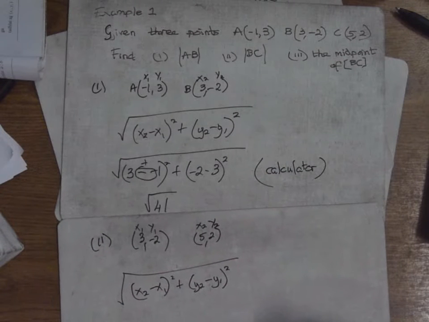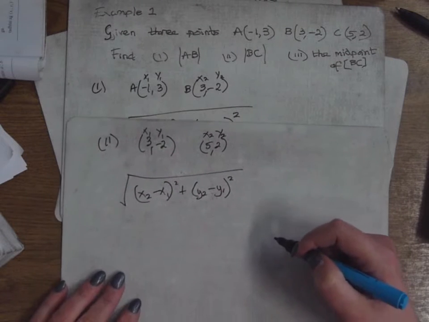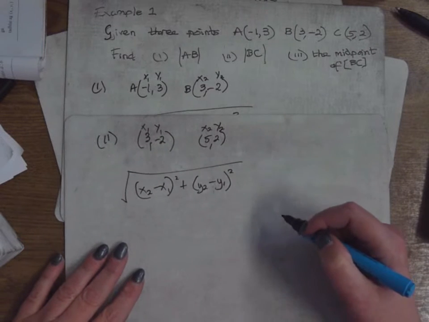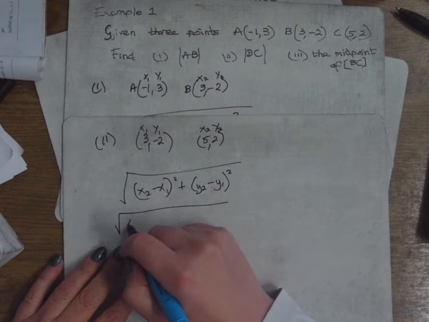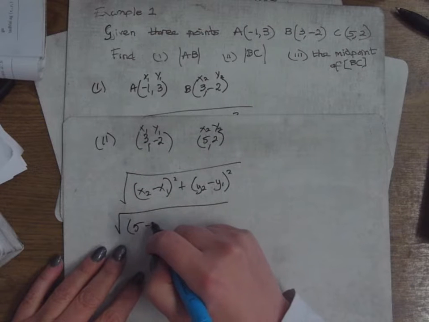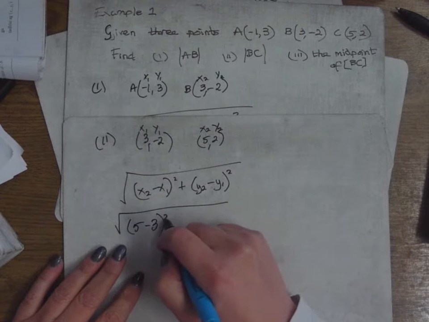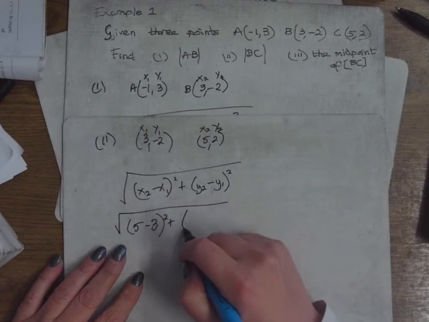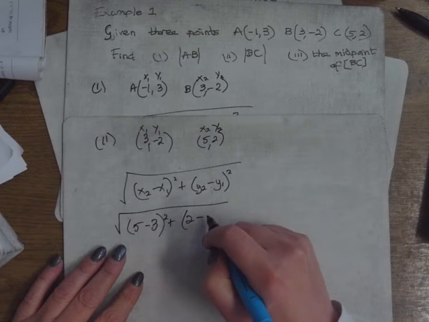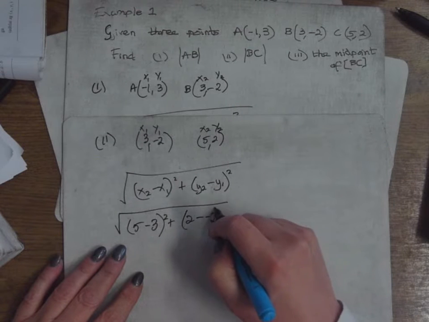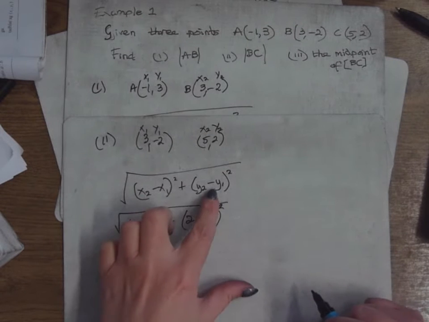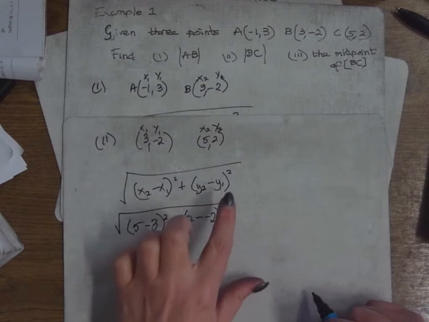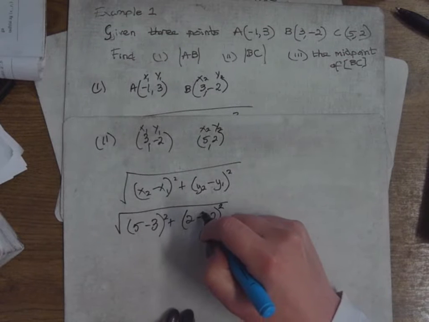Is it okay if I move it up like this? Is that okay? Have I cut anyone off? You all with me? Great. So square root of x2 is 5, minus x1 is 3, to be squared, y2 is 2, minus y1 is minus 2, to be squared. So again, I've ended up with two minuses in a row. The first minus came from the formula, the second minus is part of y1,